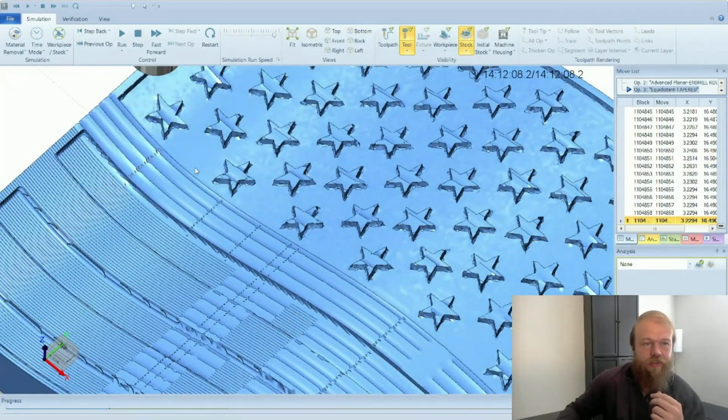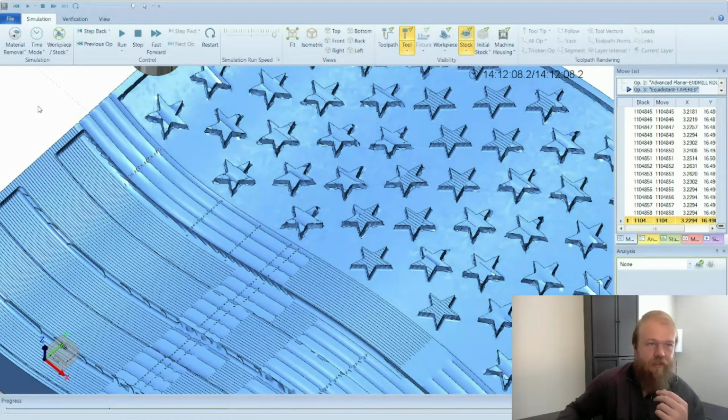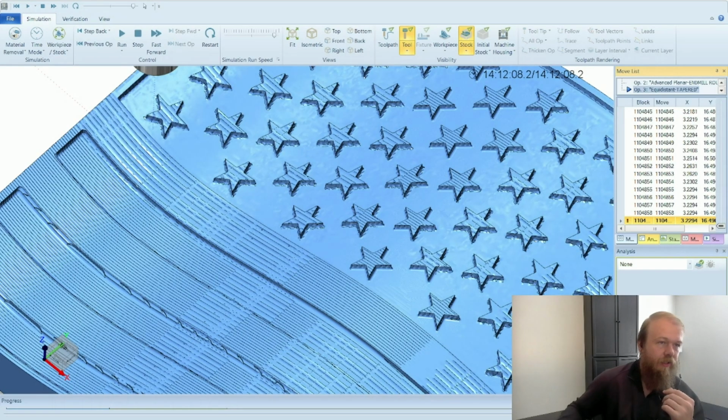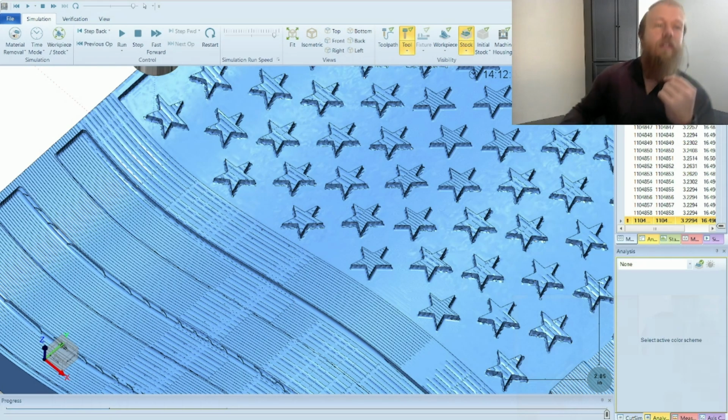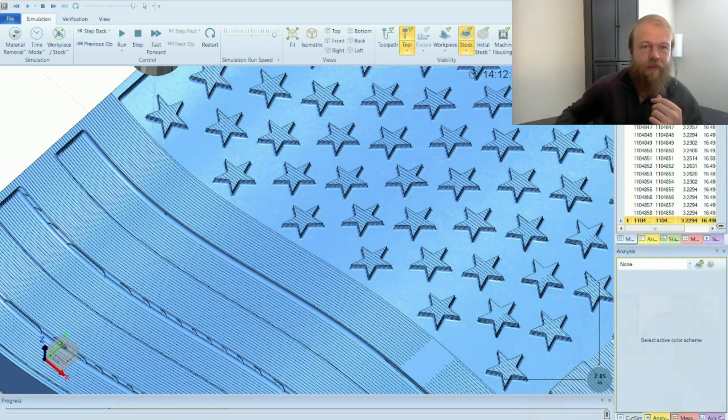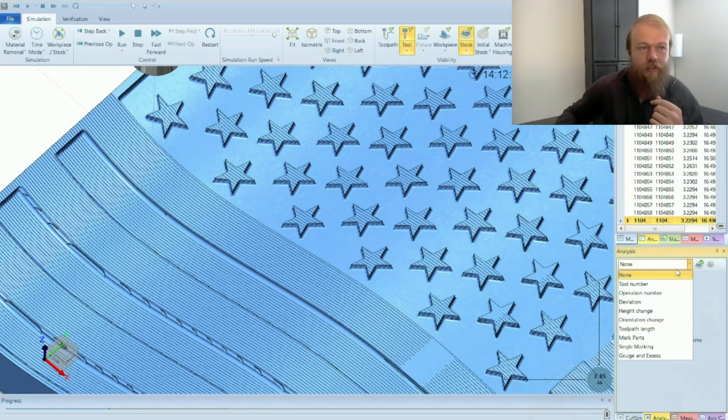And we can also go to the bottom left. Now that's where I am at the moment, so let me move myself here. Okay, you should be able to see me at the top corner of your screen of this video. And now you'll see at the bottom right corner of our simulation here, there's a drop down